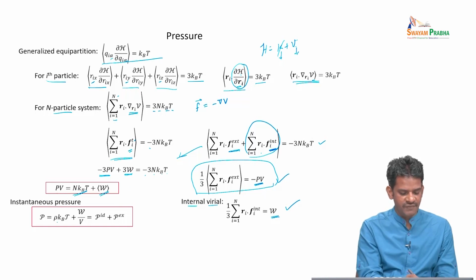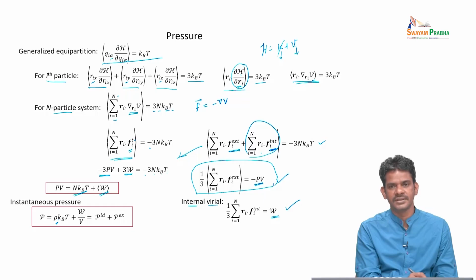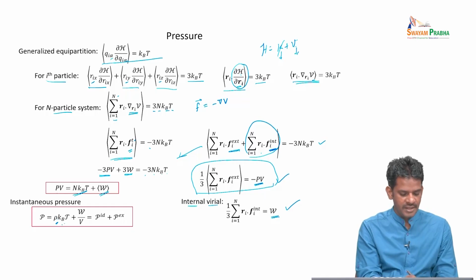So you will see N by V is the rho, that is the average density, Kb times T. So I am replacing this average temperature with an instantaneous temperature because we are writing an expression for instantaneous pressure. And then you have the virial at that particular point of time divided by the volume. So the first part is nothing but the instantaneous ideal pressure, and the second part is going to be the